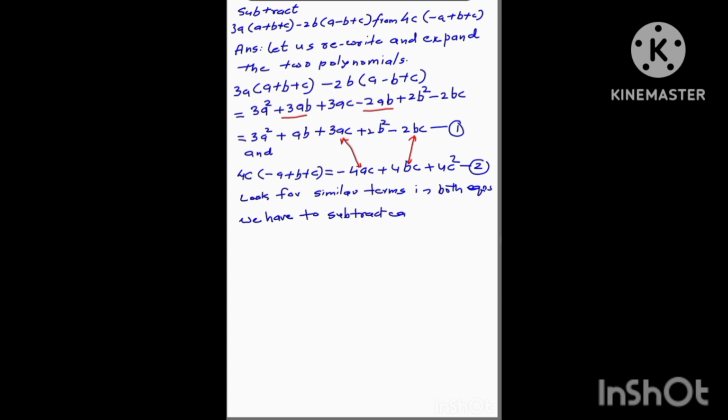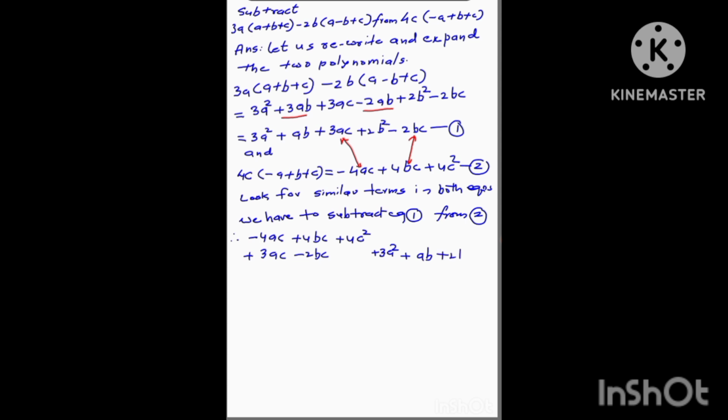So we have to subtract the first from the second. Remember, we have to write the second one first. Just try to copy as it is. Second, you have to subtract 1 from the 2. So minus 4ac plus 4bc plus 4c square, and from subtracting, when we have 3ac, write below ac, and minus 2bc, write below bc. C square is not there in the first, so leave that space and write the a square beside that, plus